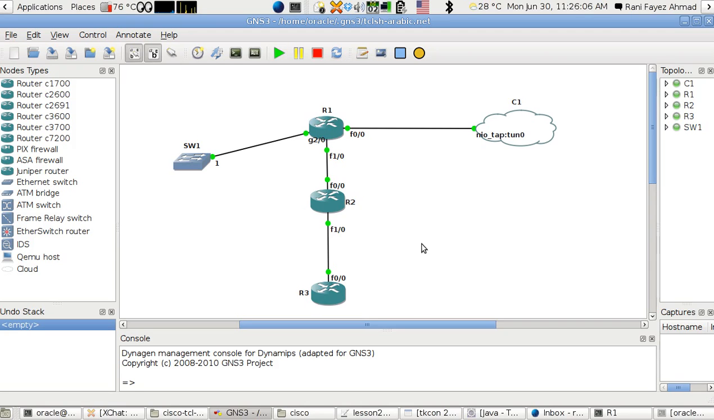Hello, hi, this is Rani Ahmed with you, and this is lesson 24 on how to program using TCL scripting language on Cisco routers. And in this lesson, I'm going to talk about how to manipulate files, read and write files. Now, before executing the script that deals with reading and writing a file,